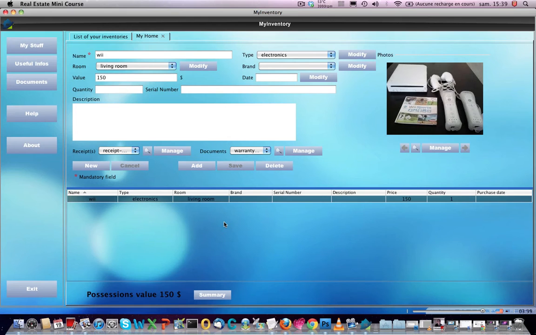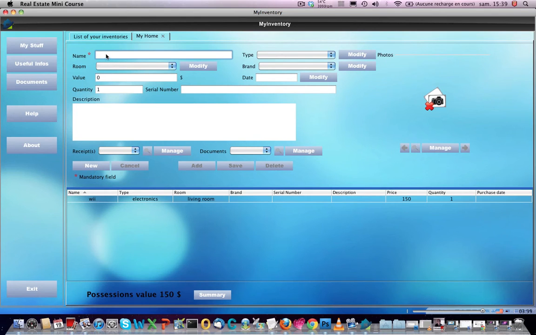So we've just basically entered more information about the object. So let's enter a new object. Just for that, click on new, then enter a name. So I'm going to say pink pearl necklace. Going to say it's in my master bedroom. It's worth $1,200. It's a piece of jewelry, and I'm going to enter a